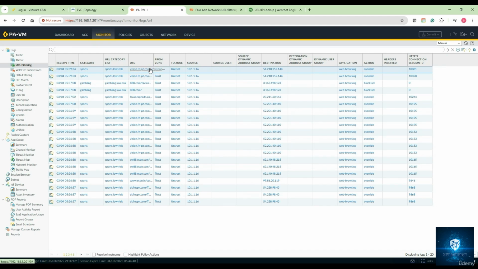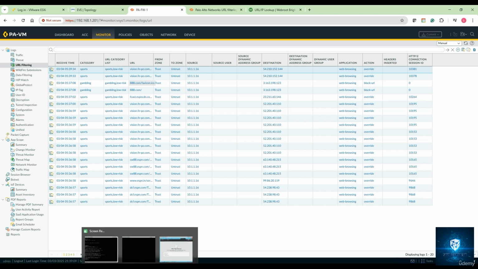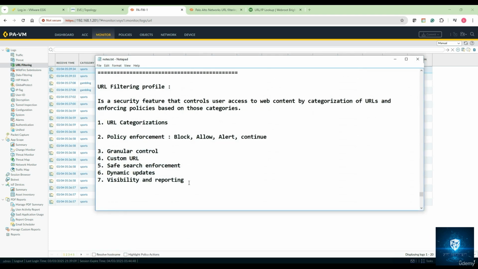All right, so there are multiple use cases of having URL filtering. One use case would be to perform web content filtering. So I can say the use cases for URL filtering: one of the use cases, of course, is web content filtering. That means it will prevent access to any non-work related sites or sites known for malicious content,